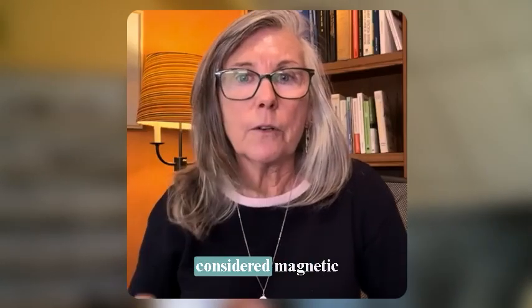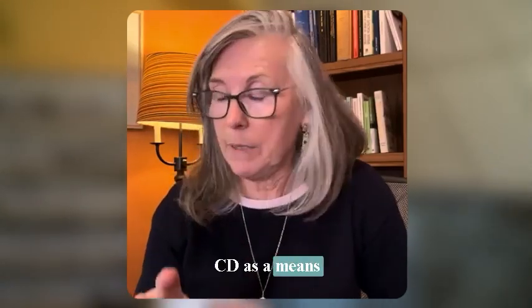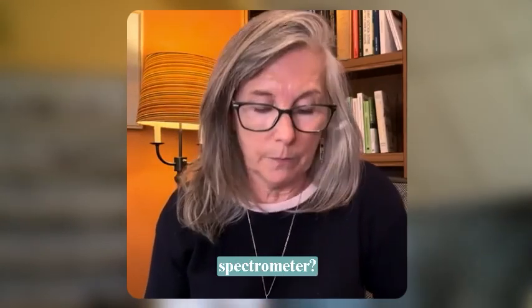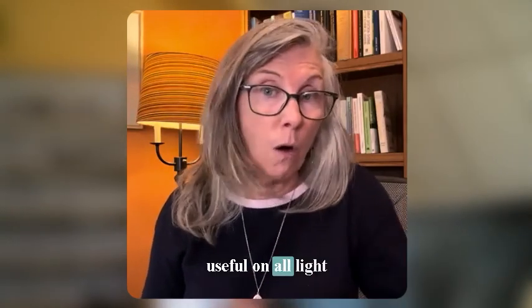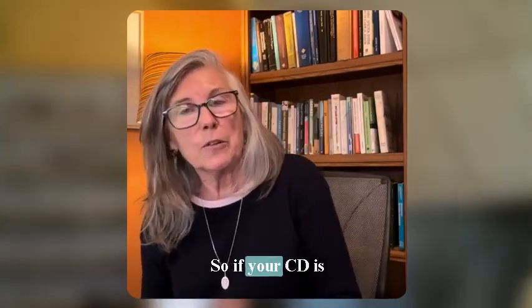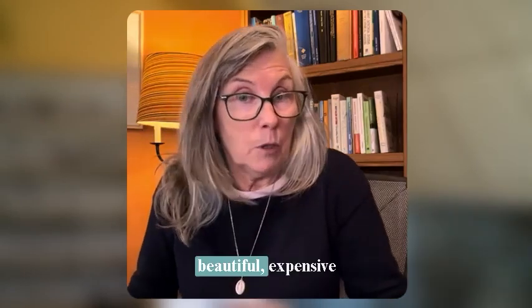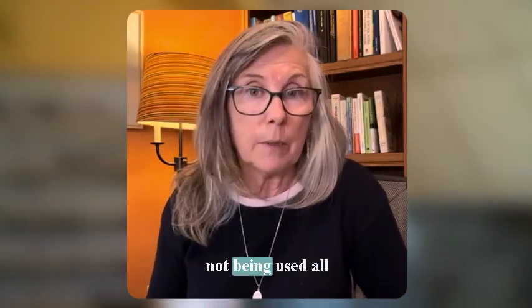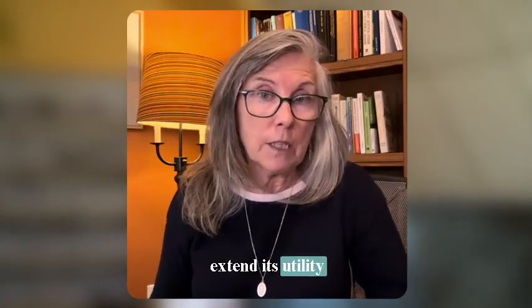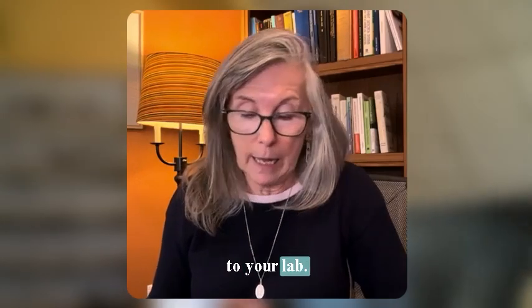Have you ever considered magnetic CD as a means of extending the utility of your circular dichroism spectrometer? I mean, it's an interesting idea because MCD is useful on all light absorbing samples, even those which are not chiral. So if your CD is sitting there, nice, beautiful, expensive instrument, and it's not being used all the time, perhaps this is some way that you could extend its utility to the department, to your lab, particularly maybe even